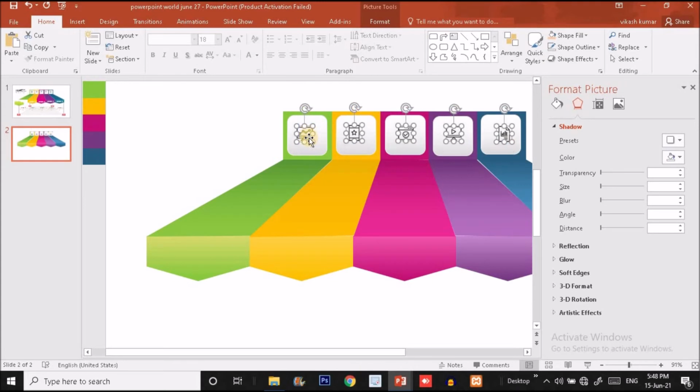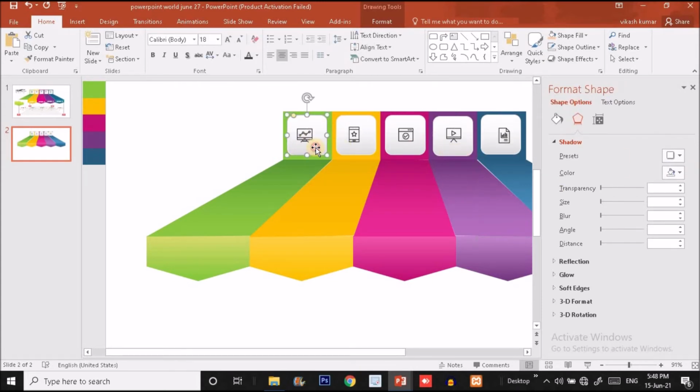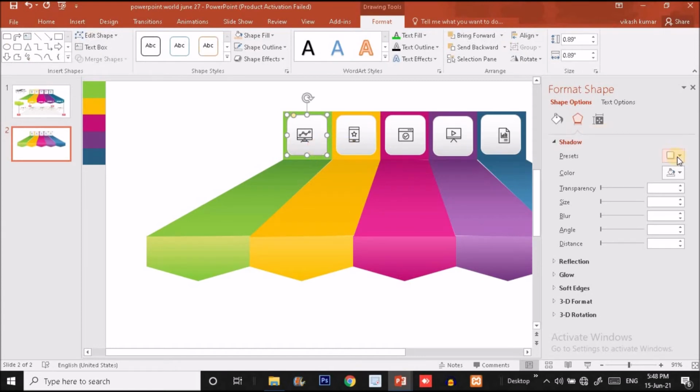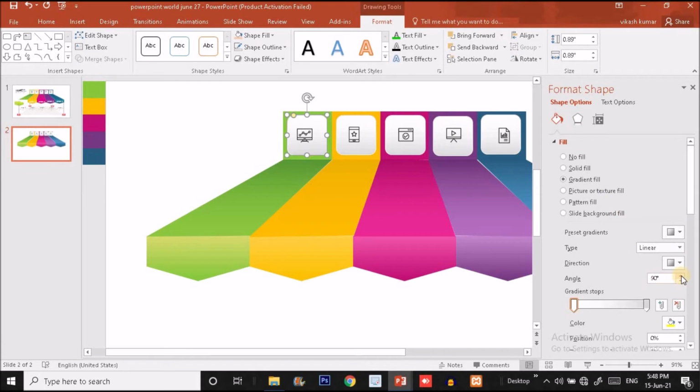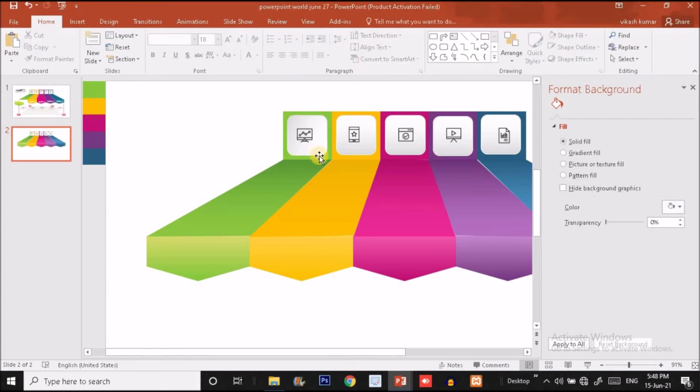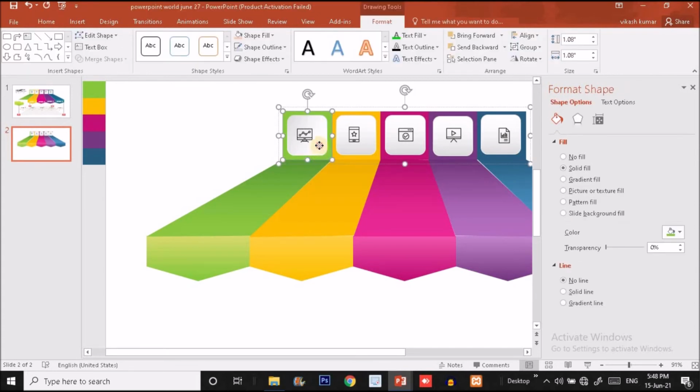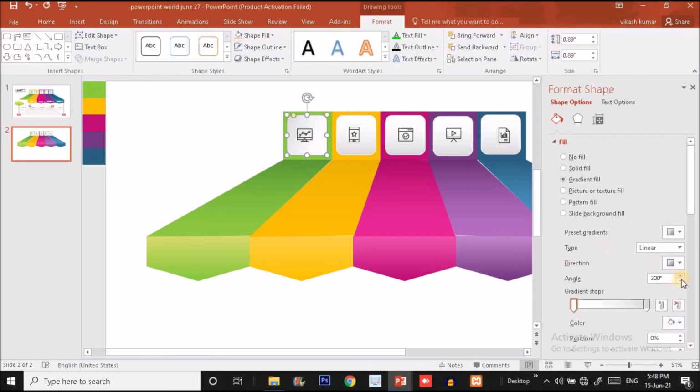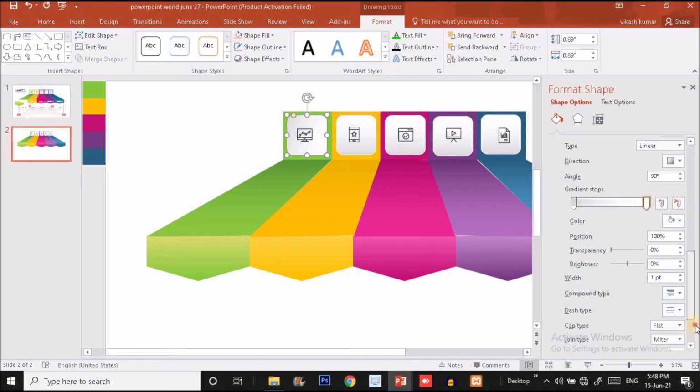One more thing I just want to discuss over here. We have to change the angle of the gradient. Fill it with the gradient, but we have to change the angle like this. Okay, and for the outline, we have to change the angle too.